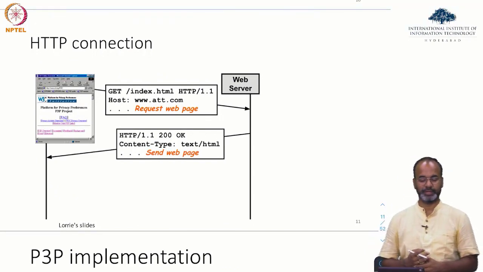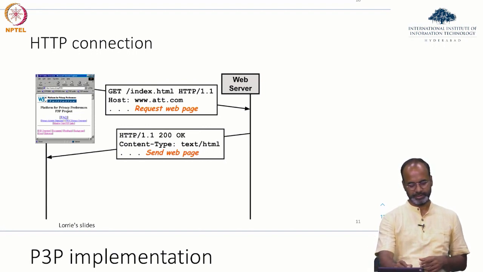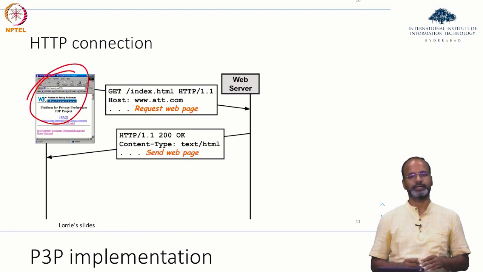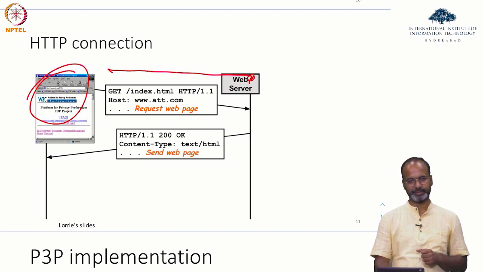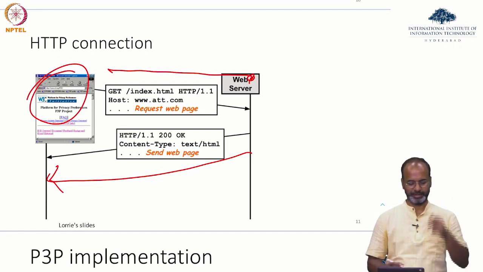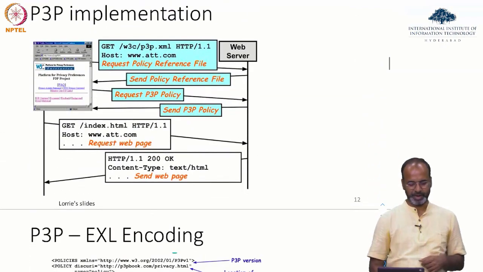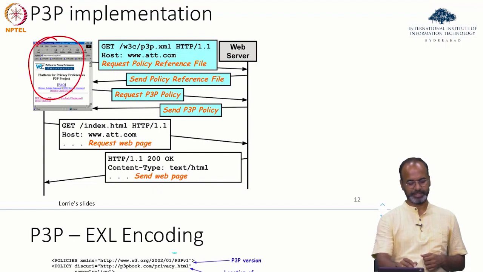How does a general HTTP connection work? It works in a way that, first, a website is requested. This is the W3C website. A request is being made. The web server looks at the request from PK's machine, and it actually serves the web page, as P3P W3C website. It could be the IIIT Hyderabad website also. How does P3P work on top of this, right? P3P works like this: the same website is being requested,